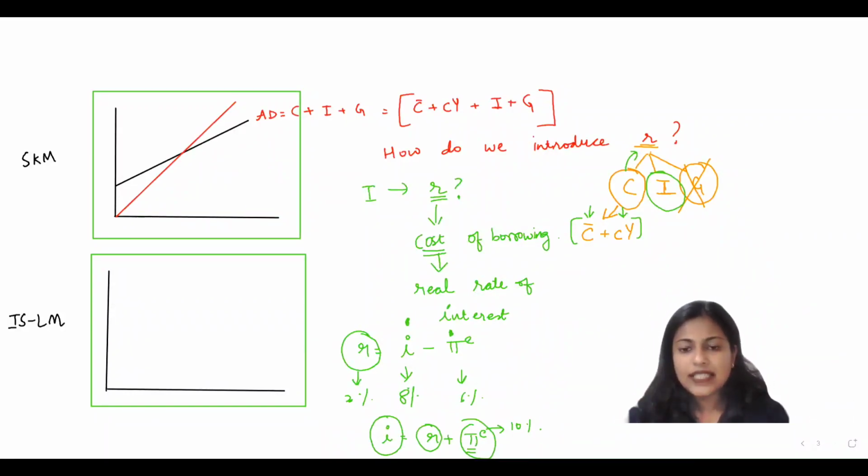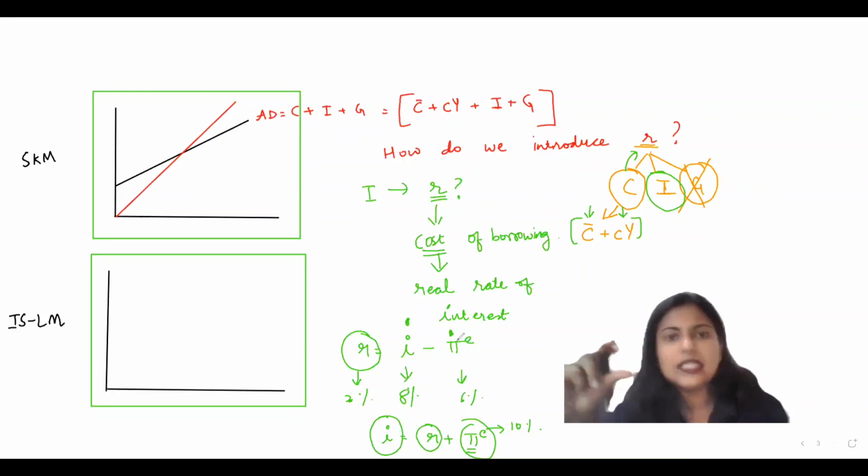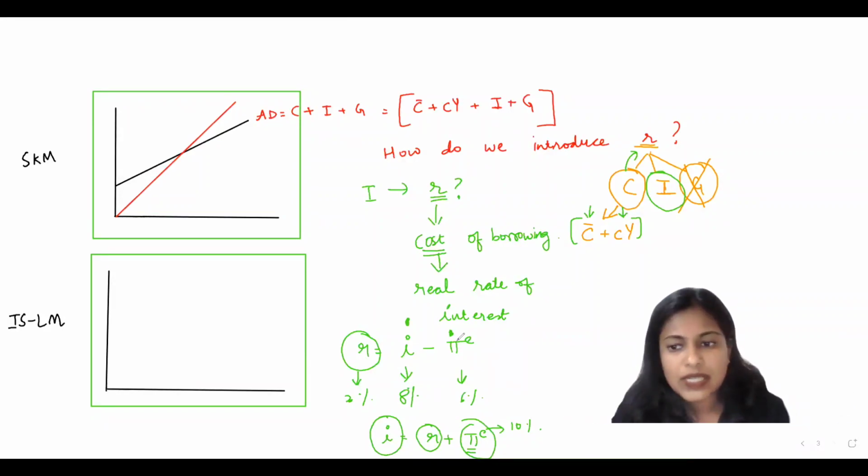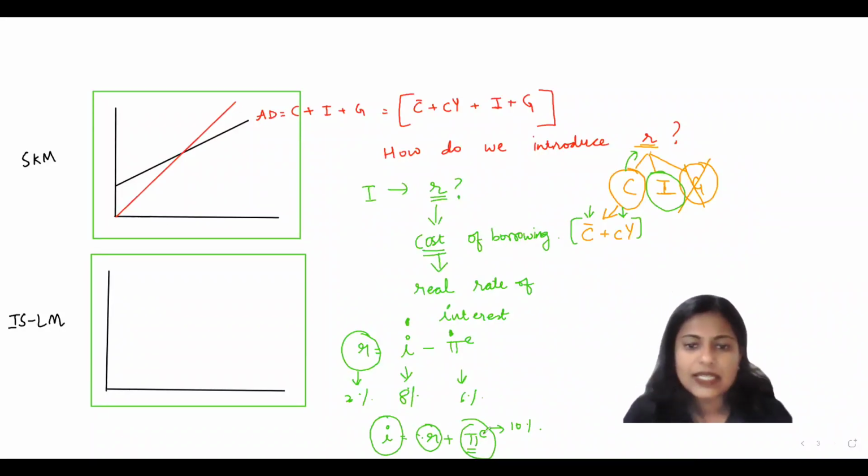Is this clear? The relationship. So real rate of interest is basically the real return that a person gets when he saves money. The real return that he gets is R. That's the real rate of interest. Nominal rate of interest is the total return that he gets. Real rate of interest is net of inflation. So after subtracting for inflation, what he's actually getting is R. Is this part clear to everyone?